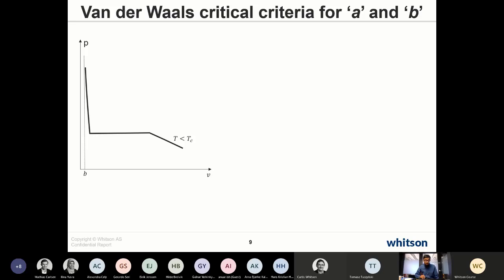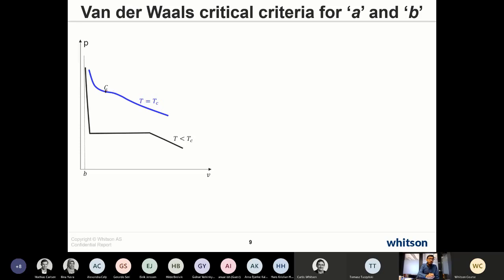And what he said is that if we draw a pressure volume diagram for a given component, we know that it looks like this line here. That's at a given temperature where the temperature is less than the critical temperature of the compound. That's how the pressure volume diagram looks. And if we continue to increase the temperature and make the same pressure volume diagram, we know that at the critical temperature